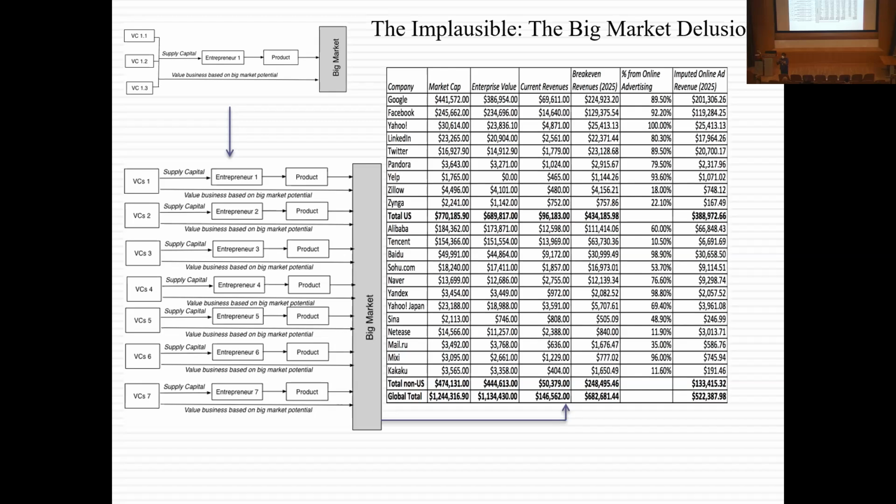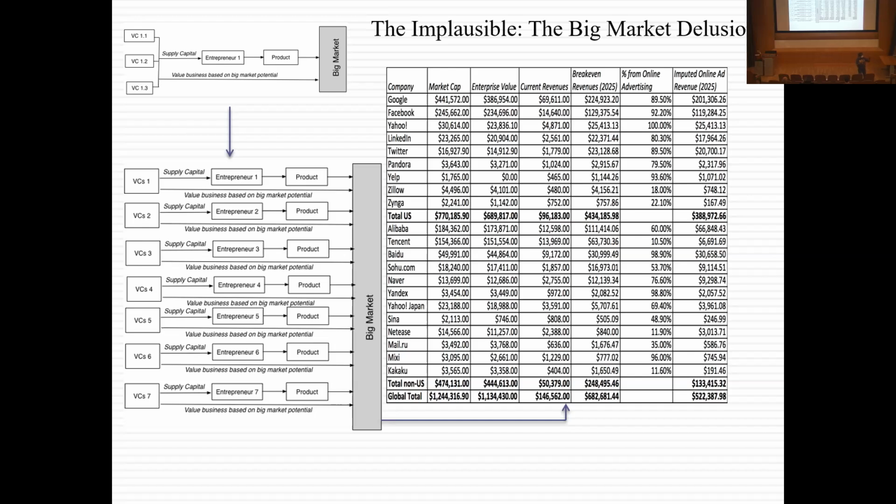When I ask you to value your company, what do you do? You're overconfident. You overestimate your chance of success. You overestimate revenues. And all your venture capitalists, because they bought into that vision, all go along. You come up with a value for your company. But remember, this is a big market. There are 100 little clusters just like yours all across Silicon Valley doing exactly the same thing.